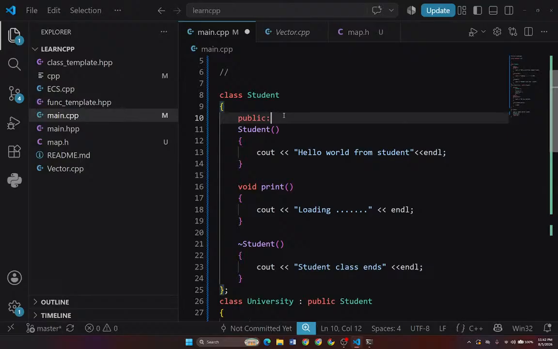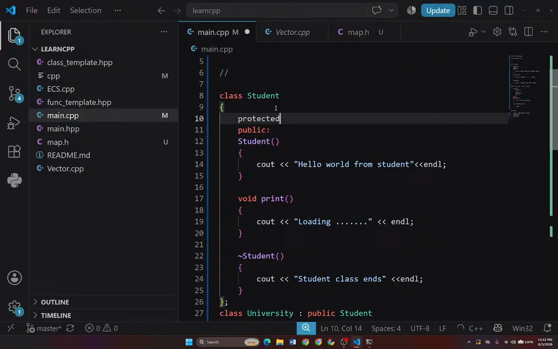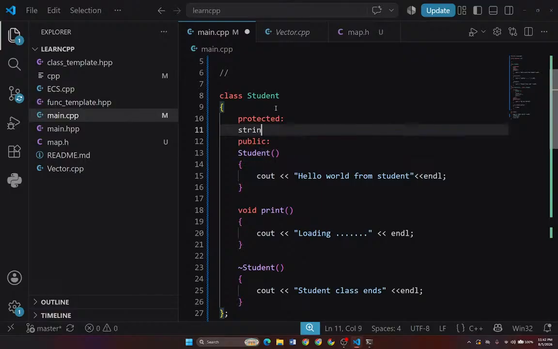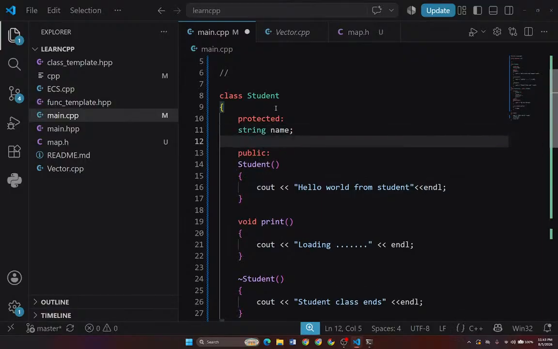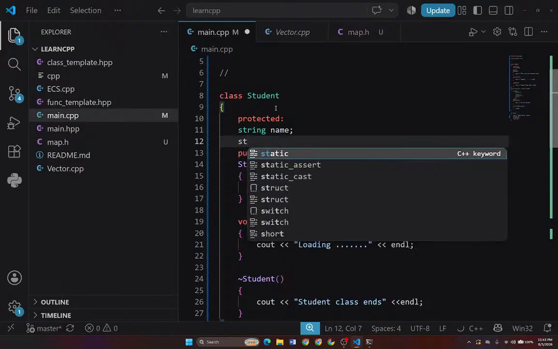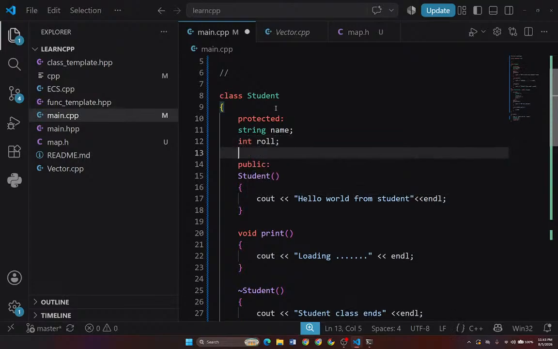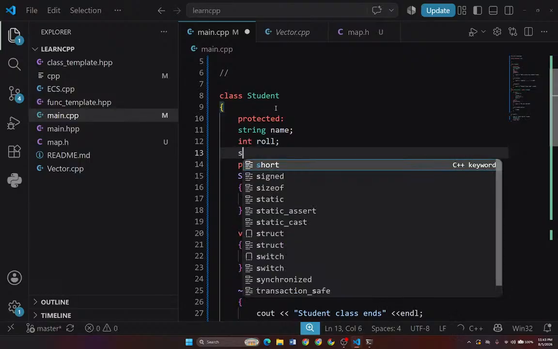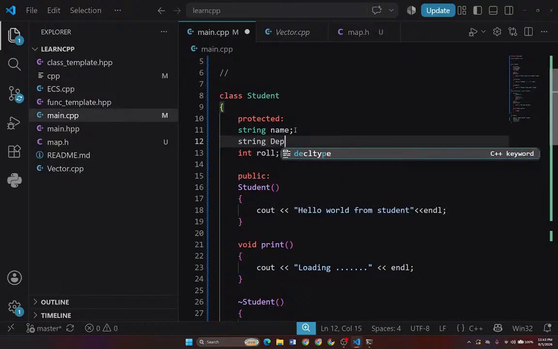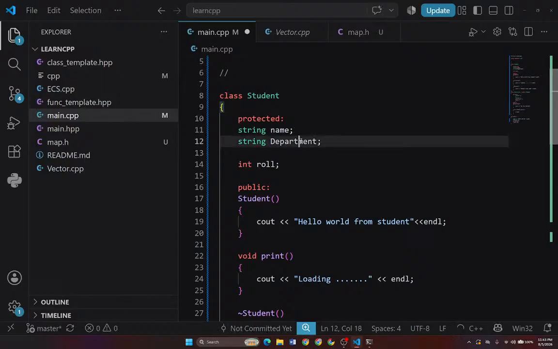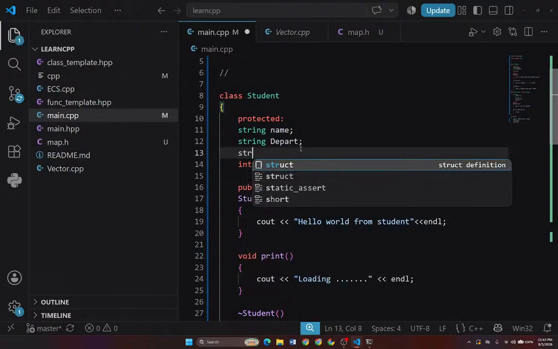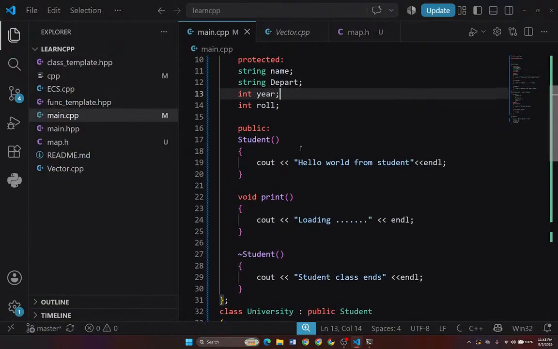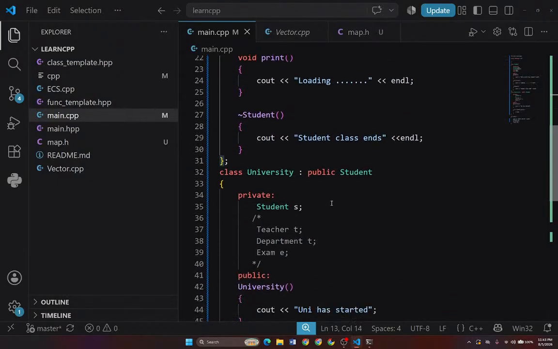And then in public we're going to have public and protected. In string we're going to write name and student, an integer for roll number, and then for department we're going to choose a string, so string department, and then depart, and for roll number we got the roll number, so let this year be int year. So now the student will have what